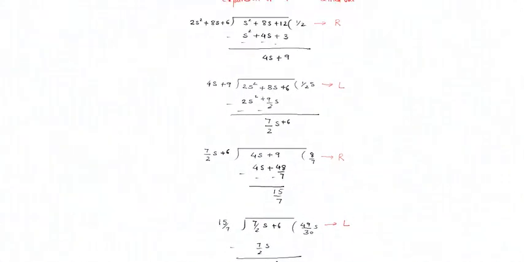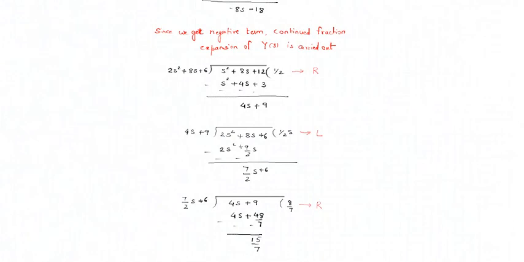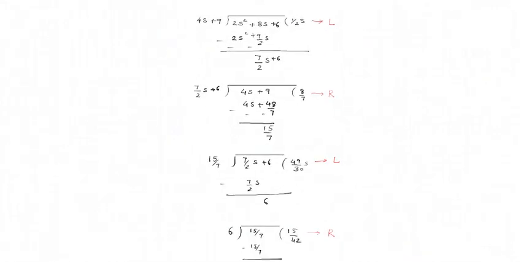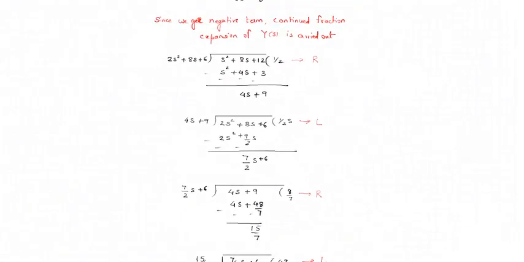Now it is time to identify the elements of the quotient. Since it is an RL circuit, if the quotient has no S value, it must be pointing to a resistive element. If the quotient has an S element, then it must be an inductive element. Here there is no S element, it's a resistive element. This term has an S element present, so it is an inductive element. This term has no S element, it is a resistive element.